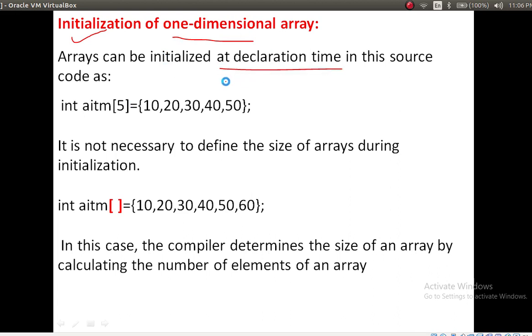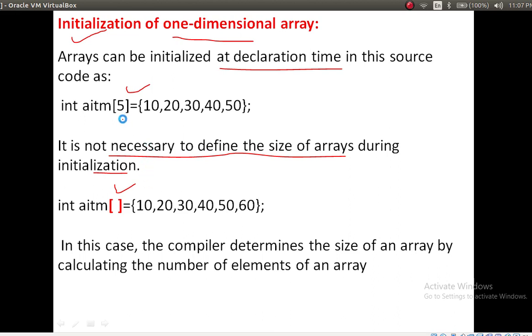Note, it is not necessary to define the size of arrays during initialization. Choice is yours, but two options are there. You can use either a fixed size for an array or no size for the array.